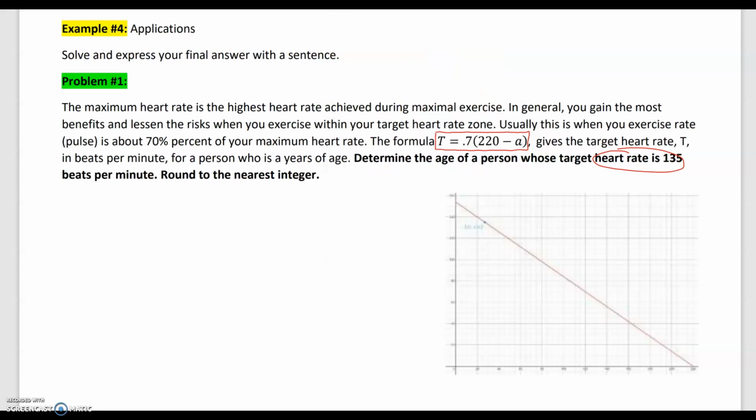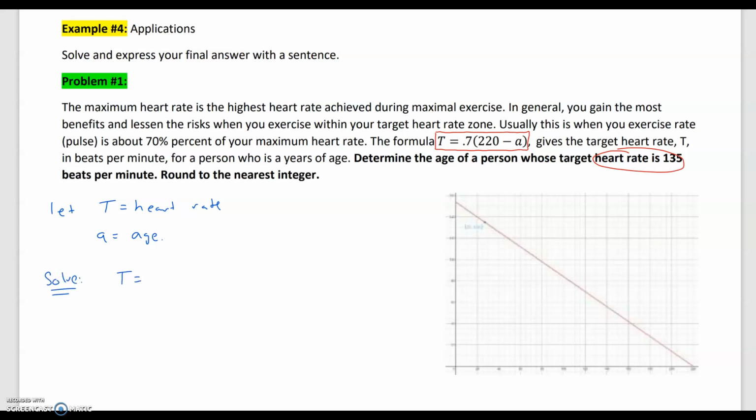So in this problem, they're talking about the maximum rate, and in this case, t represents the beats per minute. So let me just say let t is equal to the actual heart rate, and then a represents the age. Now, what they want us to find out is the actual heart rate that happens to be 135 for a person whose age happens to have that value. So in this case, they want us to solve